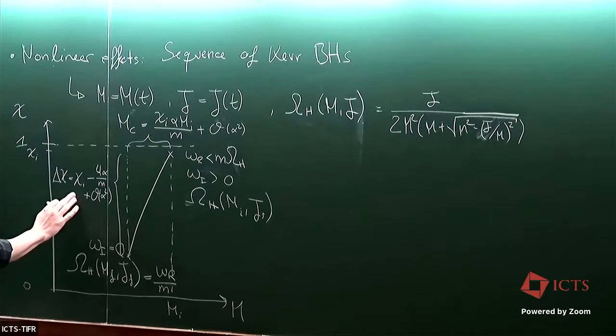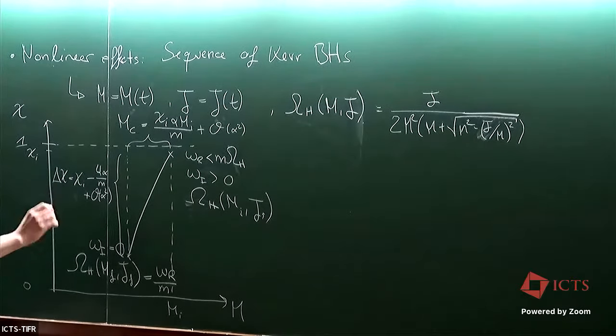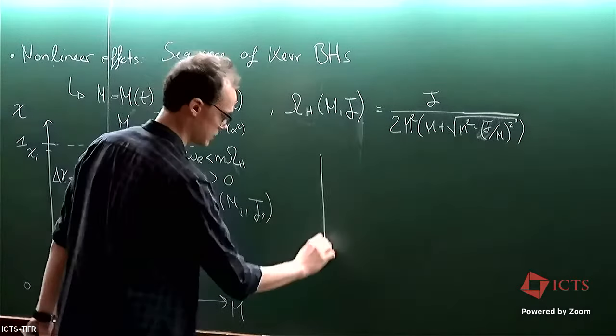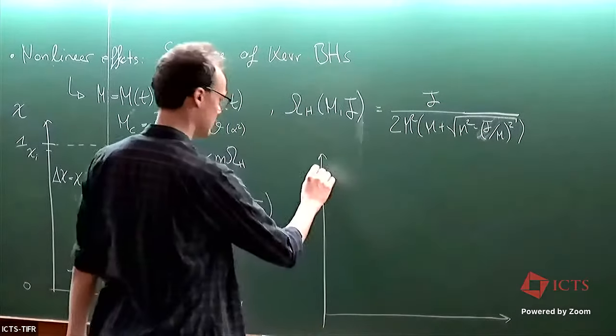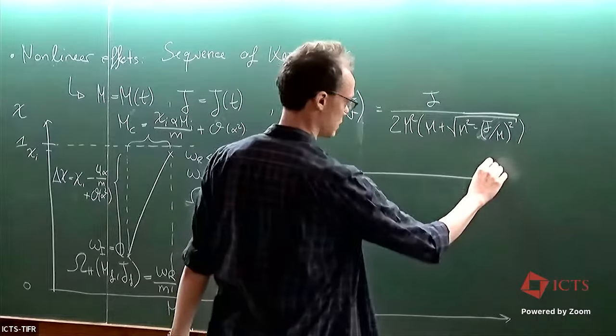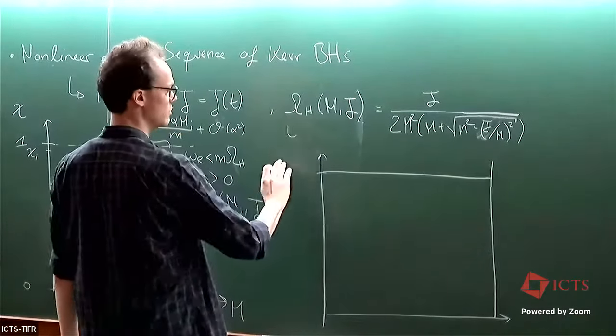But of course, these expressions for the cloud mass Mc and for the change in the spin are only valid in the small alpha limit, because that's where we expanded the solution that we found through this formula, to simplify the expression. In general, this is a bit more complicated. Just to reiterate what we learned yesterday about this: